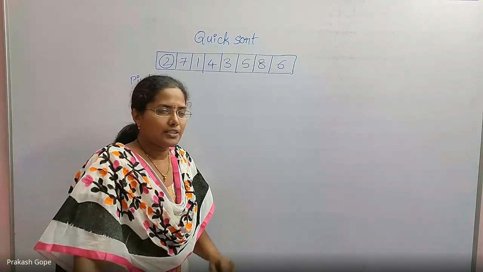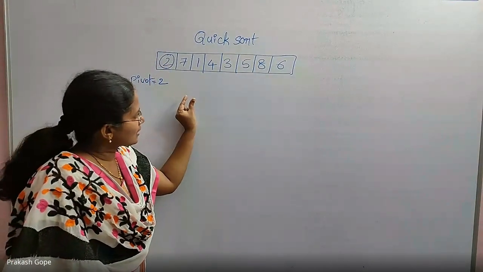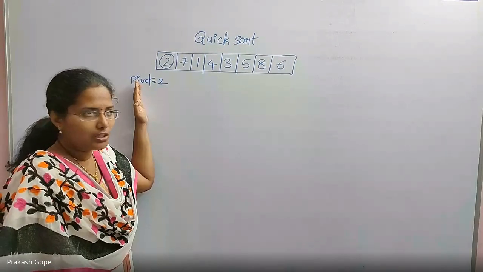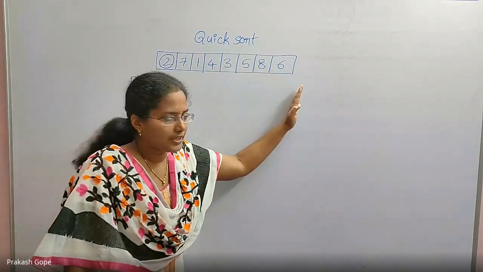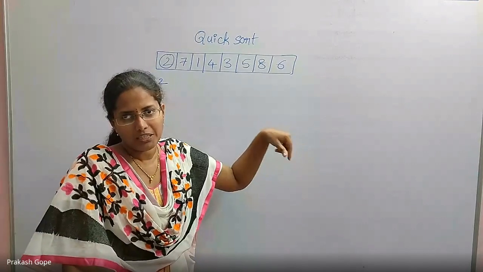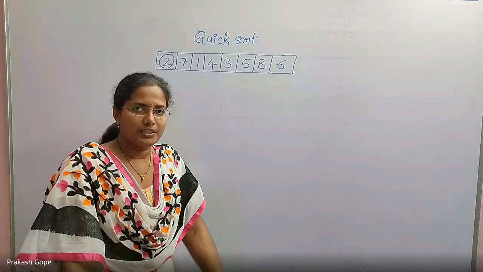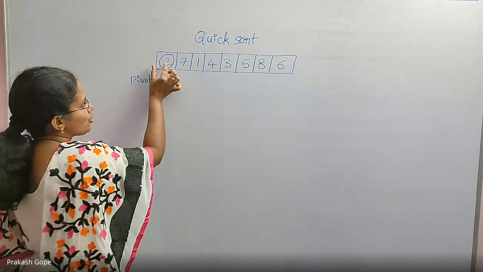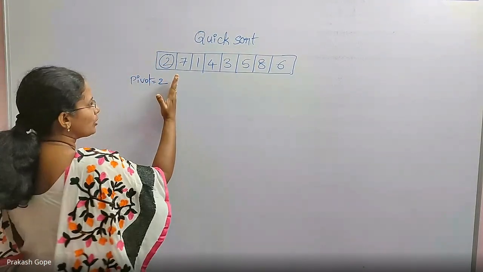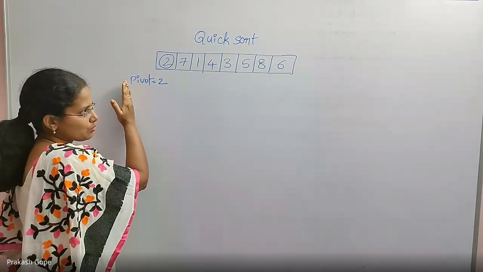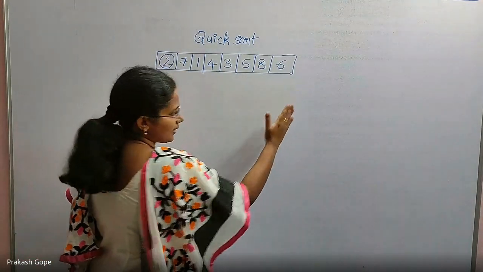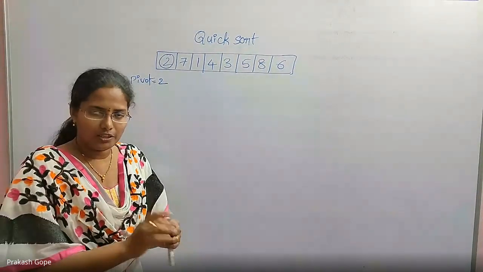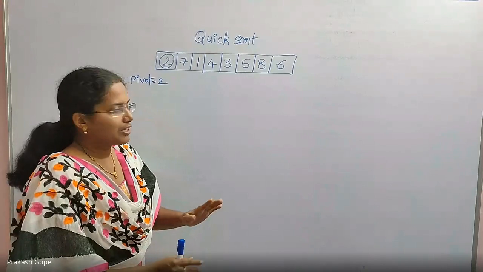The right place is like this. If it goes and sits in its right place, all the elements on its left hand side will be smaller than that element, and all the elements on its right hand side will be greater than that pivot. Then it has sat in its right place. That is the meaning. So the pivot element you picked should go and occupy its right place so that all the elements on the left hand side are smaller and all the elements on the right hand side are greater. That's all. So that element is in sorted order, in its right place, and it is finished.